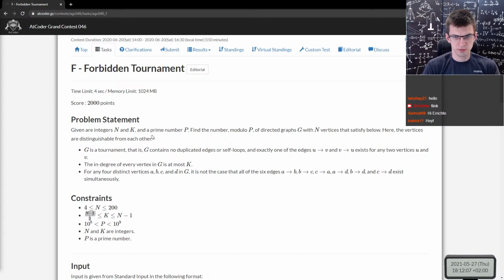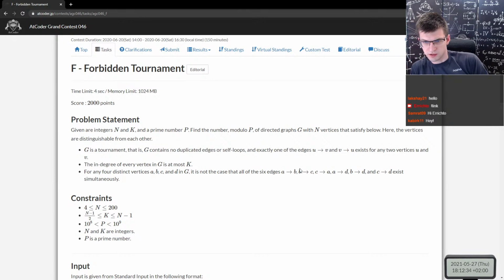NKP. Find the number modulo P of directed graphs with n vertices. There is a tournament. Every pair of cities, or vertices, is connected in one way. The in-degree of every vertex is at most k. It is not the case that there is a triangle ABCA,